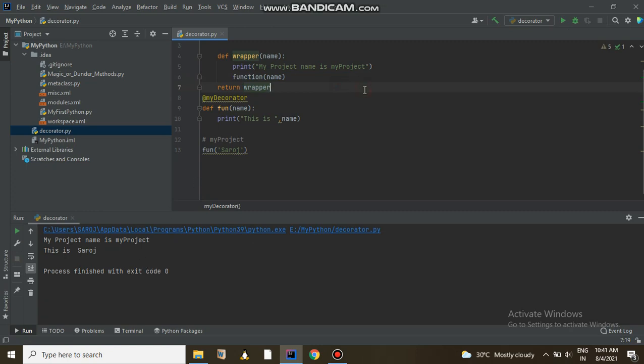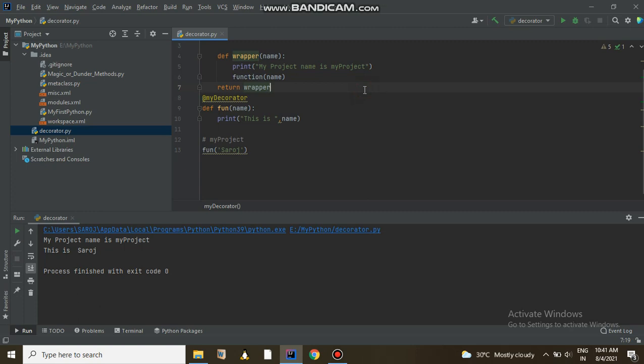But in Python generally the function needs to be generic, so it should not be limited to only one argument. You need to do it in a way that it will take any kind of argument.